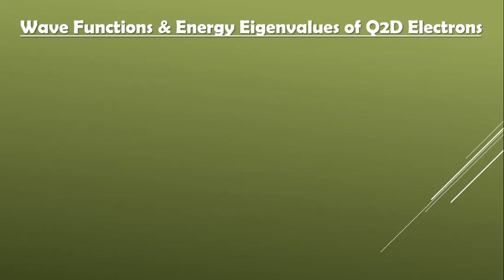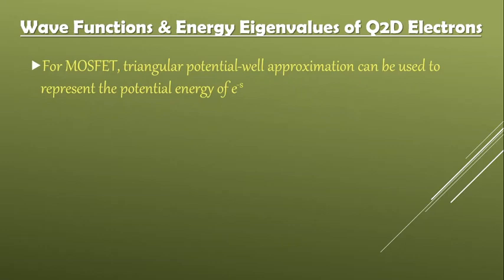So today let us go in detail where we are going to study the wave function, the energy eigenvalues as well as the density of states for quasi two-dimensional electrons. So here we are going to use the triangular potential well approximation. That is, for a MOSFET, the triangular potential well approximation can be used to represent the potential energy of these electrons,